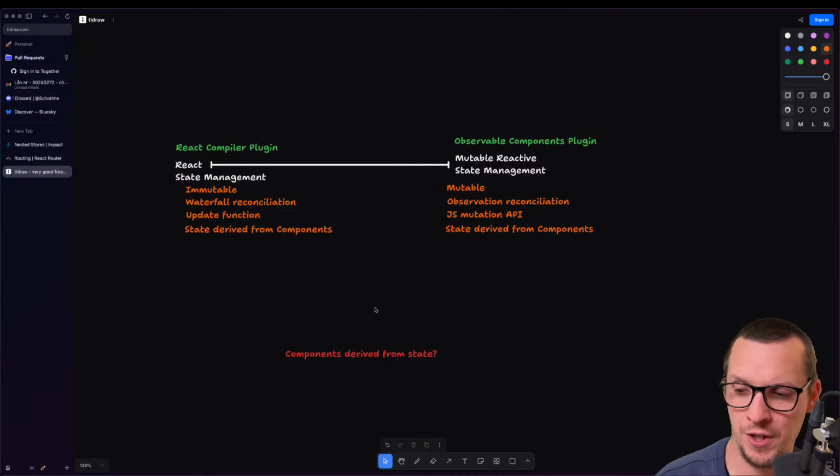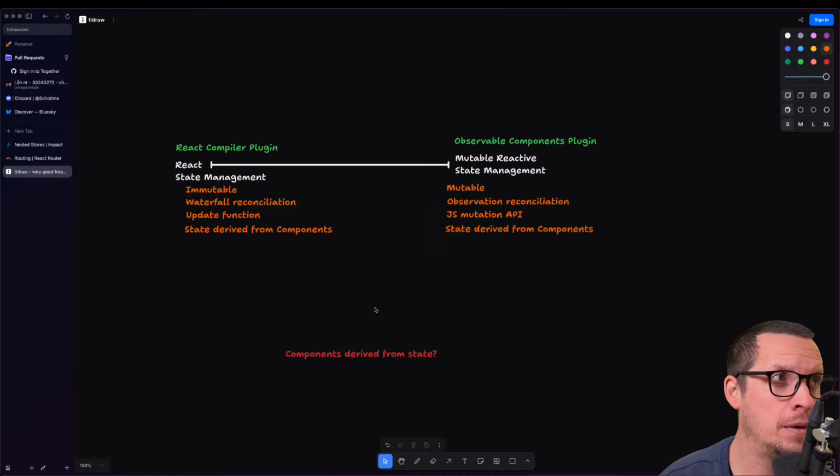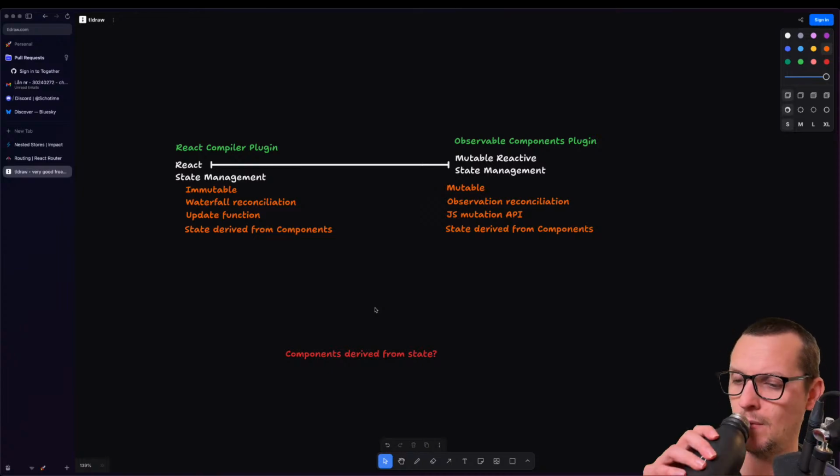Whenever you want to change your UI or split up components and stuff, you have to change your state, or your state definition. But if you have an external thing, if you rearrange your state, it means you need to rearrange your components. Good point.